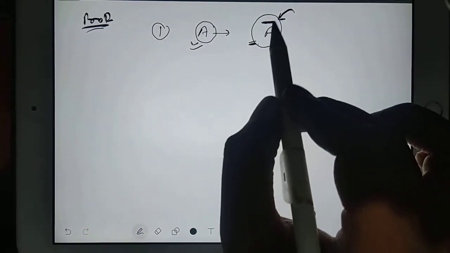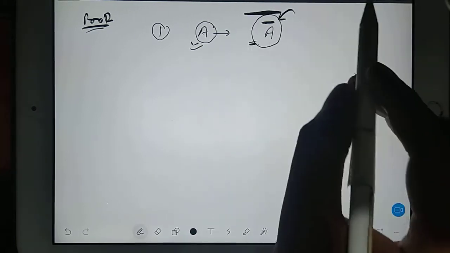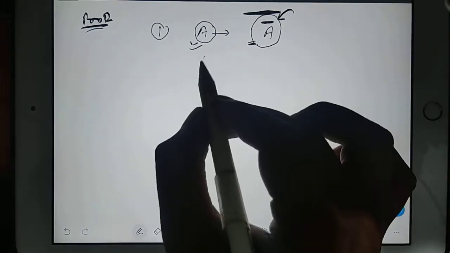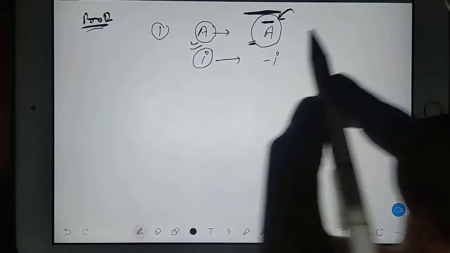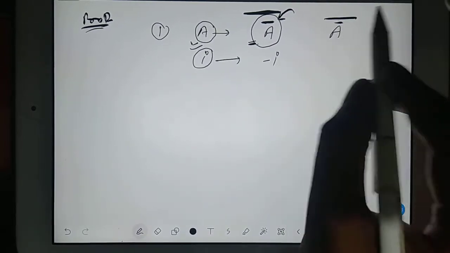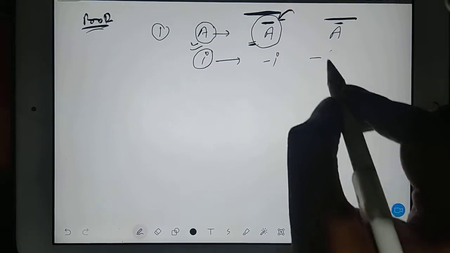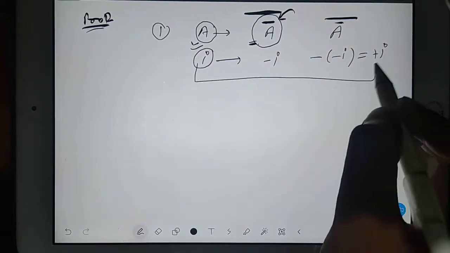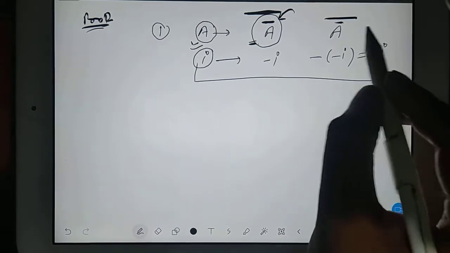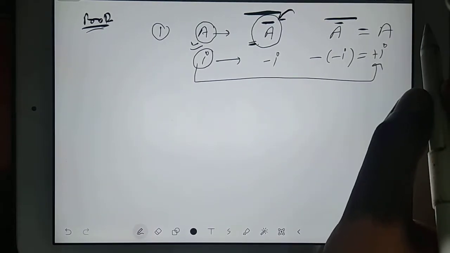Now if you again find the bar of this matrix, here it was i, then you converted this i into minus i, and then if you again find A bar, you will again put minus i, which is nothing but plus i. It means you did not change this i finally. It means you are going to get the same matrix. So this is your first property.